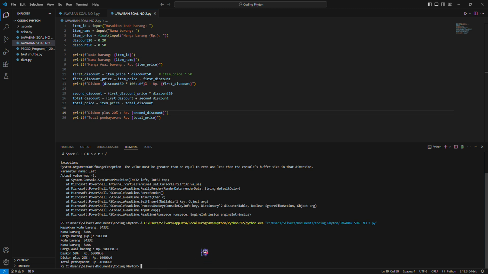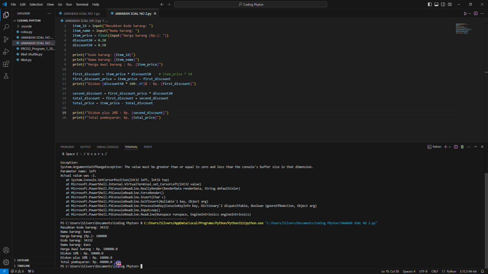Okay, after the input, the program displays the information that we input earlier, such as item code, item name, and item price. The program then applies the first discount of 50%, and the item price that we input earlier was 100,000, so the 50% discount is 50,000.